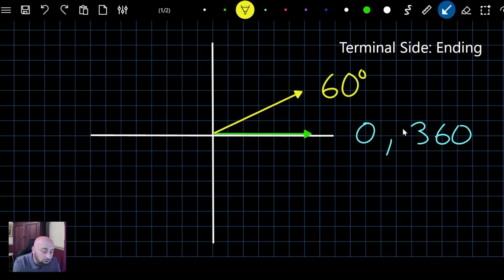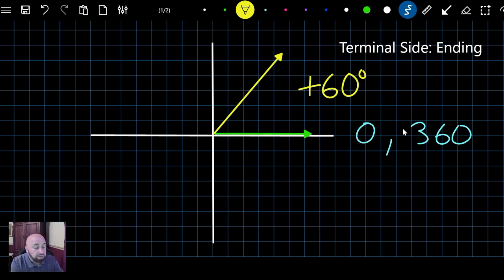And I would go up until I got to my 60 degree angle. Now, I don't have anything to measure it, so I'm just kind of putting it somewhere on there. But let's call that 60 degrees. Let's say that that's 60 degrees, okay? That is a positive 60 degree angle right there, okay? Now,